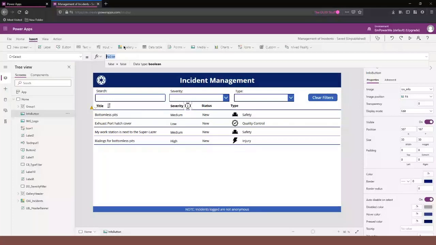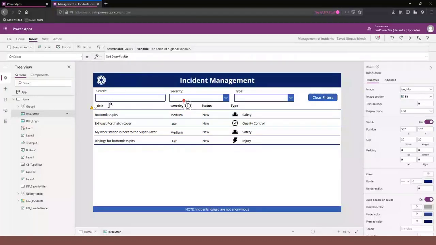And what I'm going to use that for is I'm going to set another variable. So I'm going to set a variable just like we did for our footer. I'm going to call this variable var popup. And the value I'm going to set it to is info, right? I'm going to call it info because that is the title value in that collection we made. And I'm going to use that to tie into our